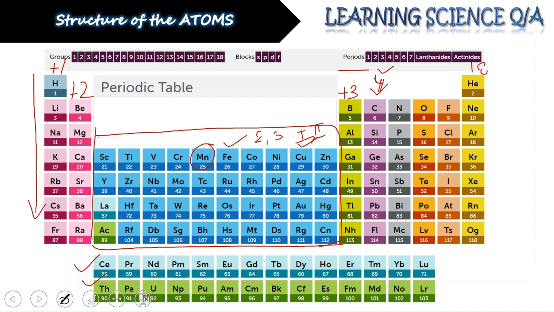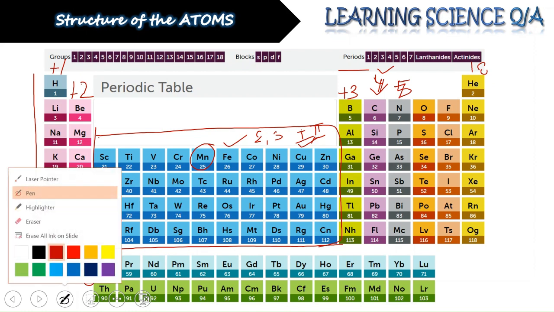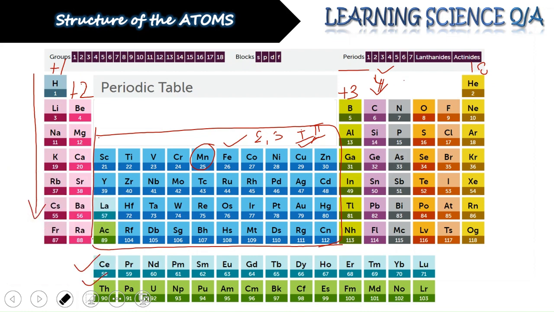Coming to the nitrogen, we have again 7, sorry, 5 electrons in the outermost shell. They can take 3 electrons. So they will form a 3 negative ion. Their valency will be minus 3 in most of the cases. Then we have 6 electrons in the outermost shell. They will be easily taking 2 electrons.